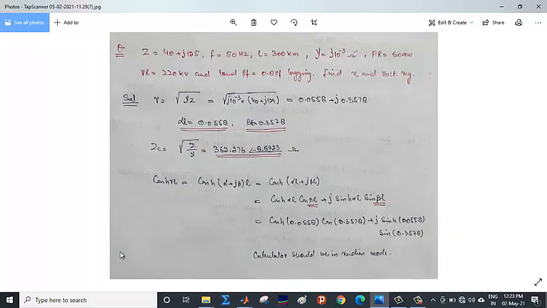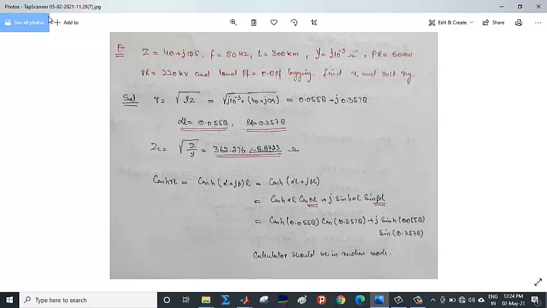Now let us try to do the same numerical that we have already done. That numerical was actually for the 300 kilometers. I have not mentioned there the length of the line deliberately so that you will not get confused over here. I will do the exact analysis of the line. You will see there will be slight difference from the earlier parameters we have calculated, that is efficiency and voltage regulation. The voltage regulation and efficiency that we calculate over here will be the exact one.